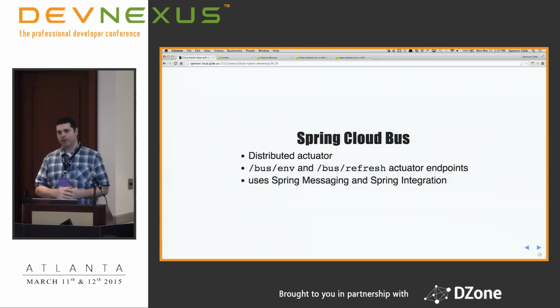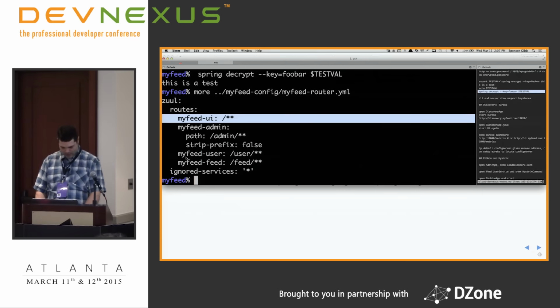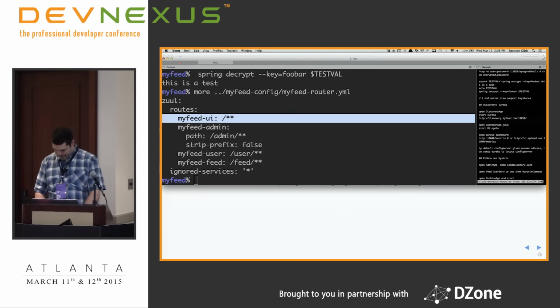So someone asked for Kafka support, or whatever messaging system you happen to be using. I've actually built an implementation with Consul because it has built-in messaging. So this is just an abstraction over those messaging endpoints. So let me show you. Do a quick little demo here, if I can.